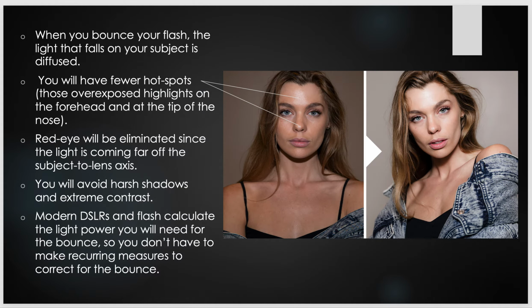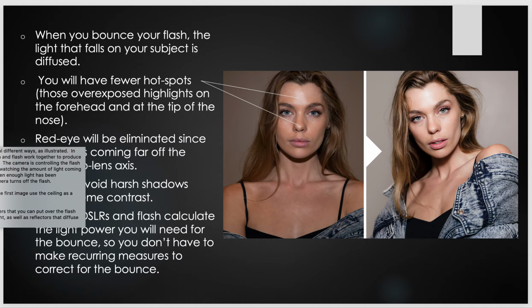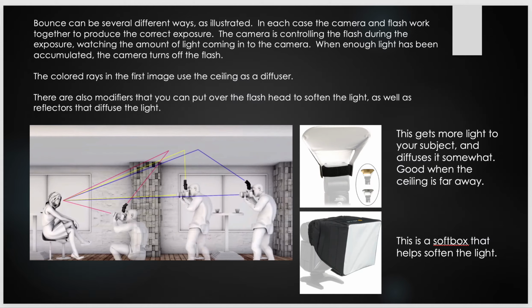And then you can see here too, this light was bounced and this light was direct. And you can see one of the problems you always have with taking pictures of people are these hot spots. By bouncing your light, it helps get rid of that. It also eliminates red eye and controls the contrast. And this shows how you can bounce the light different ways. You can bounce it off the ceiling